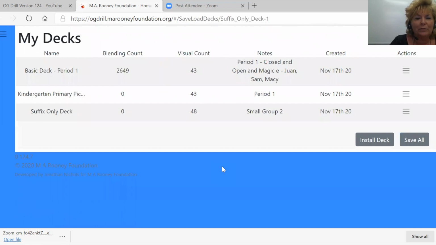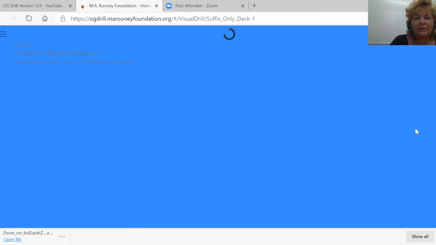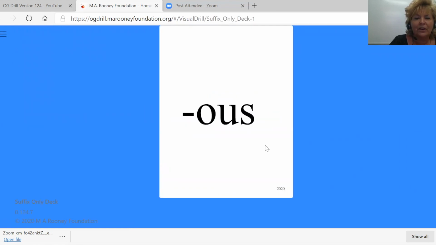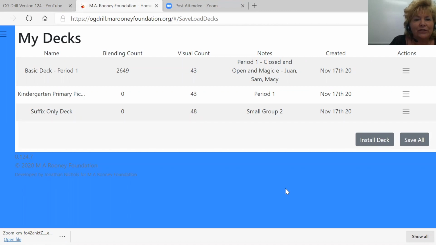It will show up under my decks. Again, when I go to the actions menu, there's not an opportunity for blending, but I can look at my visual drill. By clicking on the cards, it's just going to go through those suffixes. As your kids progress through the year, you'll want to continue to change the decks and the cards that you're